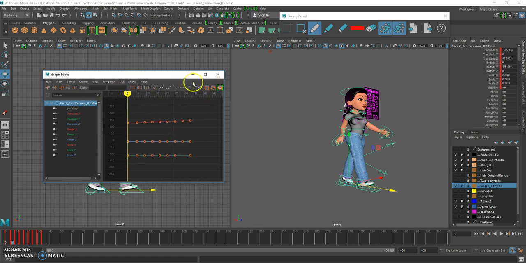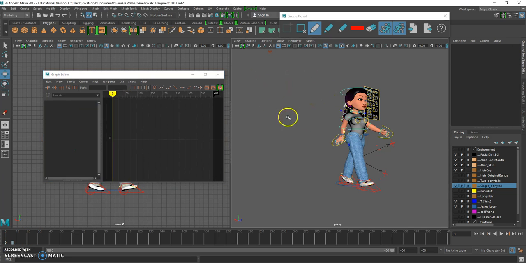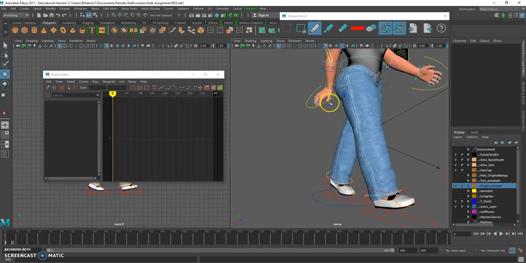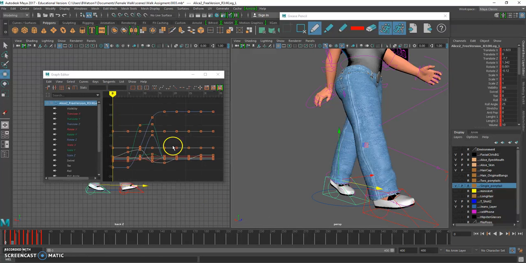Now I'm going to explain how to interpret the graph editor and how to use it. At the moment, I have a control curve selected on this character. Now, if I click in the empty space, so now I have nothing selected, you will notice that nothing is appearing in the graph editor. But if I select a control curve on the character, for example this control for the foot, you will notice that it displays over. I'm going to just extend the graph editor a bit